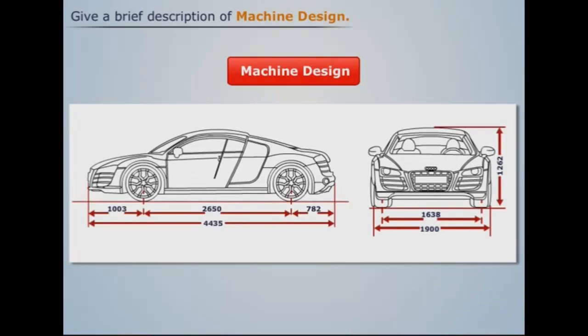It involves obtaining the specifications and dimensions of a machine required. Machine design actually involves dimension specifications only. It involves finding out various dimensions of any machine or any component. If you are designing a bolt or a shaft or any other component, designing is nothing but finding out the dimensions of those components. For example, for a shaft, what will be the dimensions that you will be calculating?